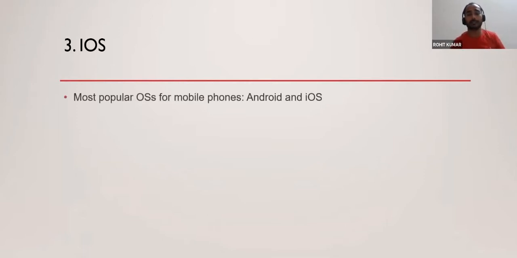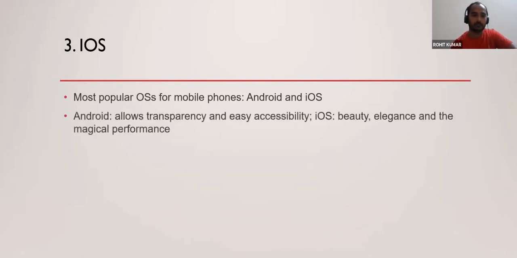Then we do have iOS. In terms of iOS, we know that Android was developed specifically for mobile phones, but there was a great competitor, and that is iOS. And when we talk about iOS, again, the price factor comes into the picture. When we say why Android is good, it offers you transparency and ease of access. But iOS, though it is not easily accessible, has beauty, elegance, and perfectly magical performance that draw people towards it,